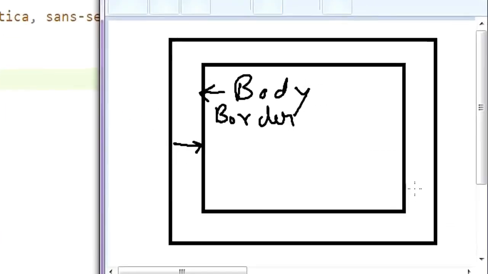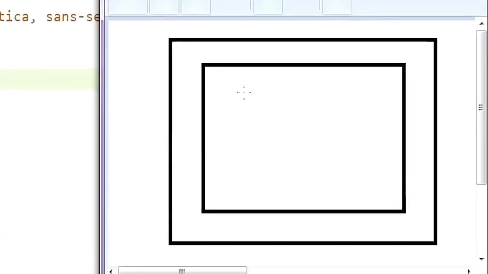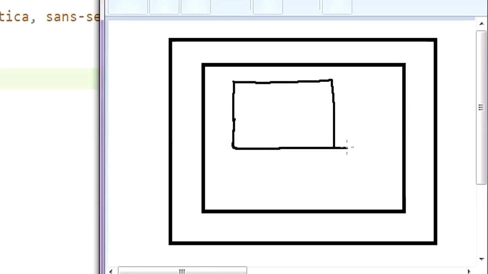So remove all this. So this is your body, and inside body you can have different kinds of elements like paragraph, button, div. Suppose you have a div, so let me draw it. This is one div inside your body.